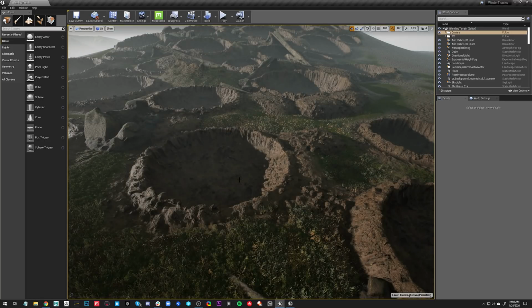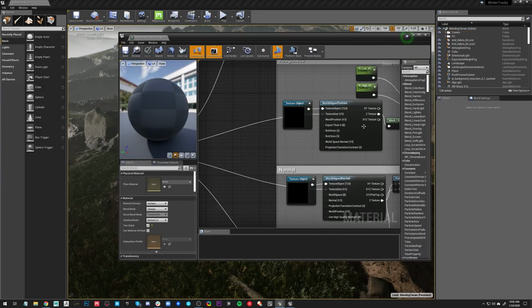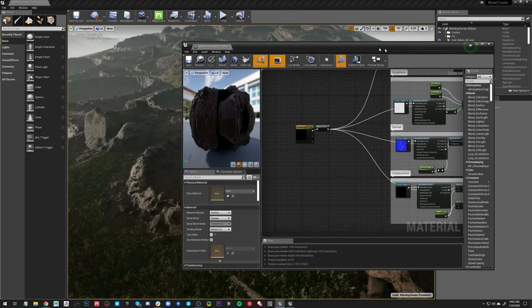Let me just get to a better position here. So the first thing I'd like to go over is the world aligned texturing. World aligned texturing has been around for a long time, and it's been used in a lot of different games because it's pretty cheap. It's not too hard to implement. For the most part, it's been the go-to solution for a long time. The only issue with it is it doesn't get rid of lighting seams. But let's go ahead and start breaking this down.